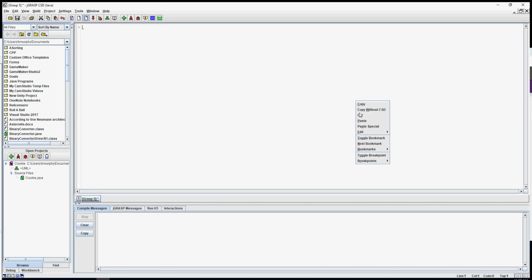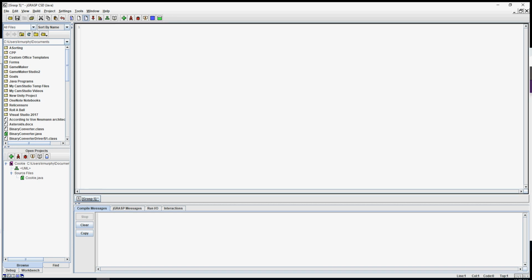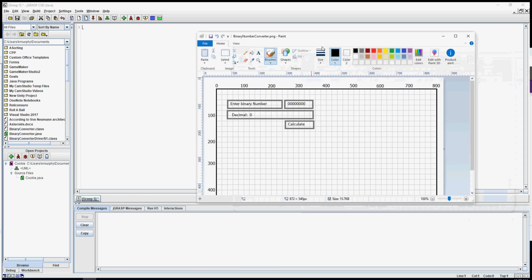So today we're going to show you how to make a binary number converter. This is kind of what the program's going to look like in the end. They're going to have a little label that says enter a binary number, and the user's going to enter in a binary number, and then they'll hit the calculate button, which will cause the event and display what that number